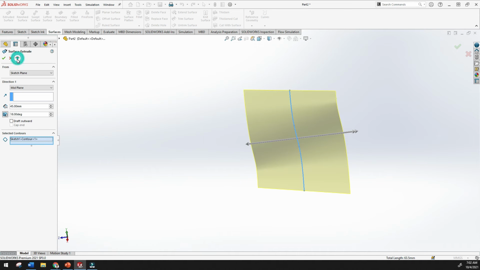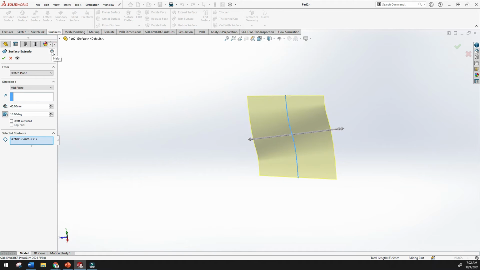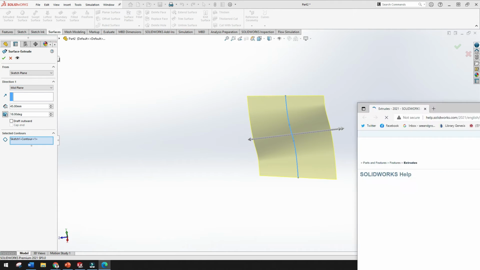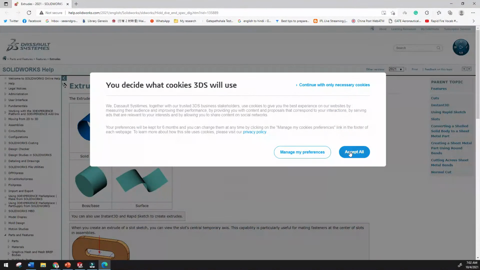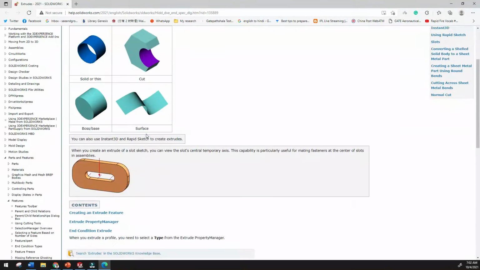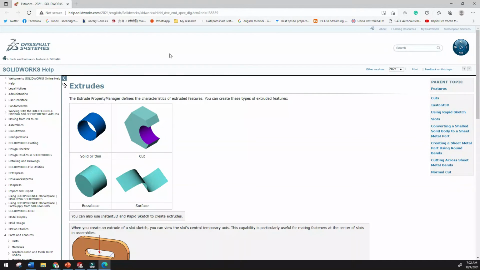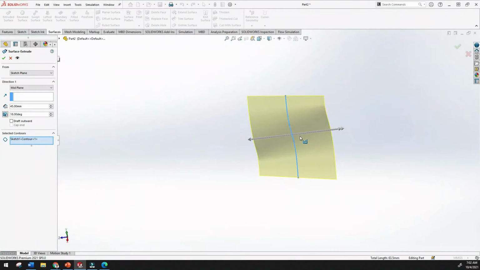It is a hide or unhide button, whether you want to see it or not. And here you can see the small question mark for help. Once you click this, you go directly to the help. Here you can see what the extruded surface is about and how it works. Once you don't understand any feature, you can go and understand that surface tool by using this help.